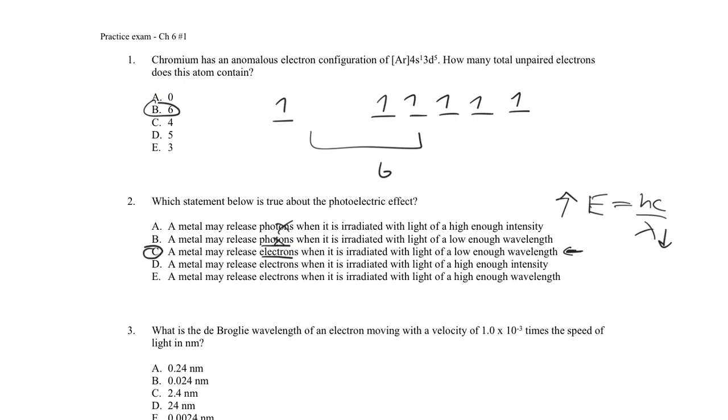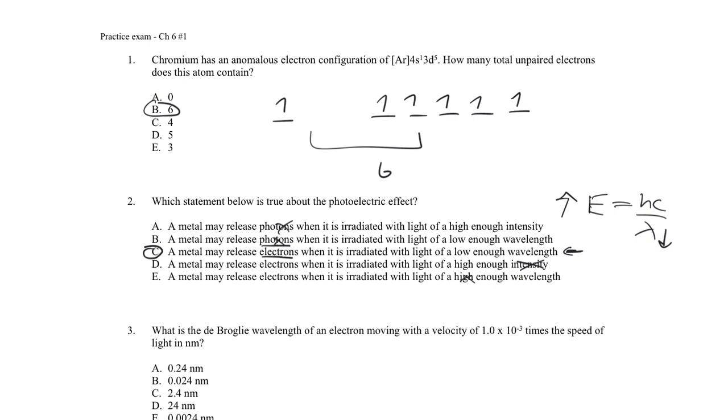We don't need the light to be intense enough, because if we have light that's of too high of a wavelength, not a high enough energy, then none of those photons will cause electrons to be ejected from the metal. And then the metal may release electrons when of high enough wavelength. You don't want the wavelength to be high, you want it to be low, so it's